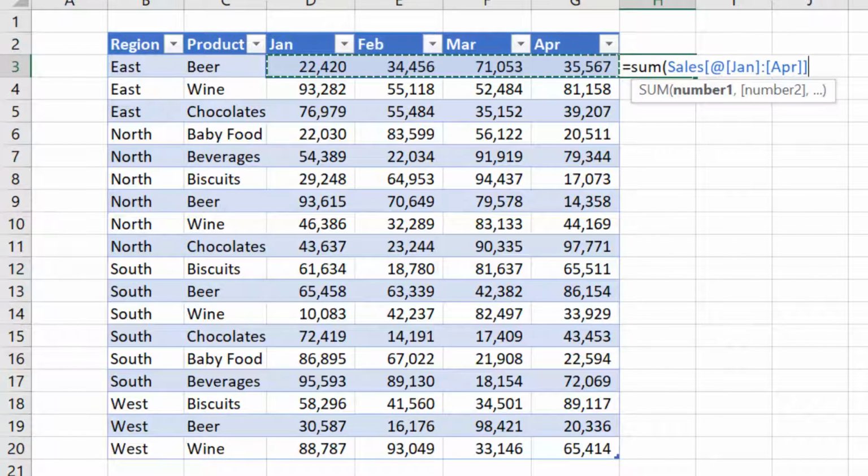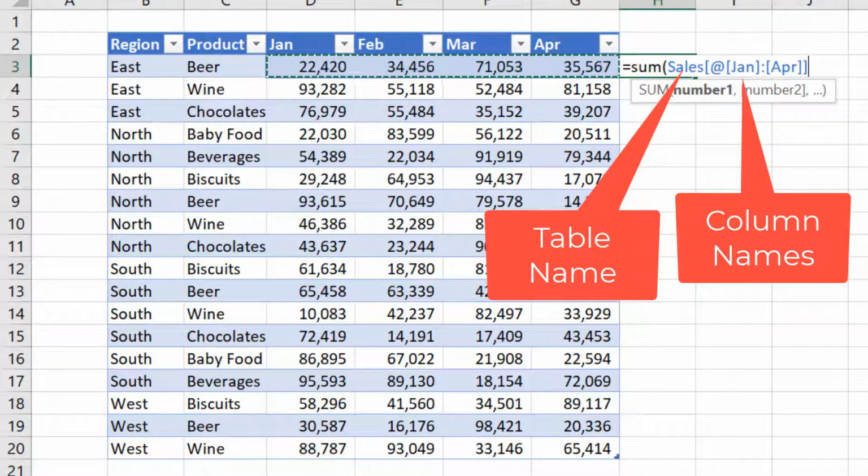As you can notice, Excel makes use of the column names together with the table name in the formula. This combination of table and column names in a formula is known as the structured reference, which gets adjusted automatically whenever you add or remove data from the table.